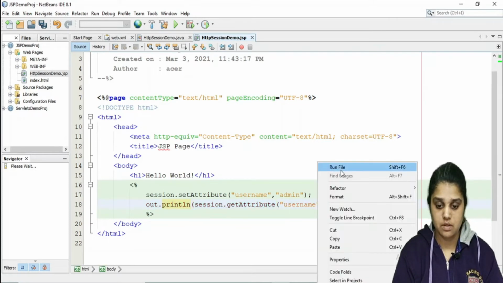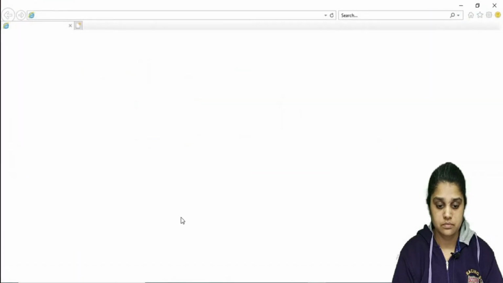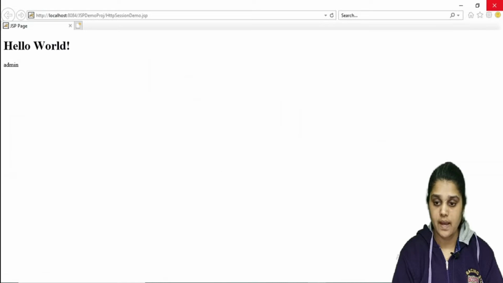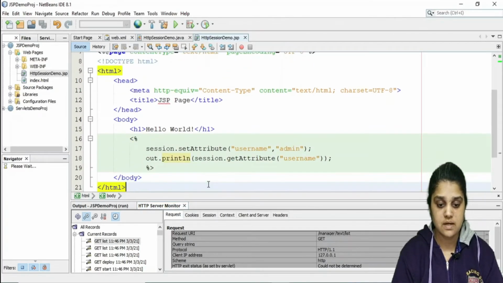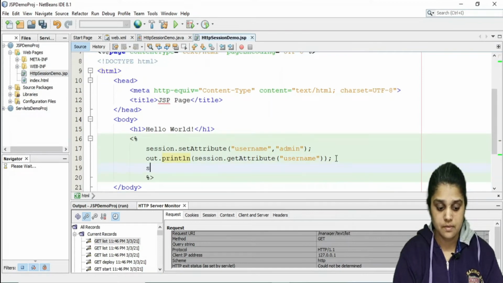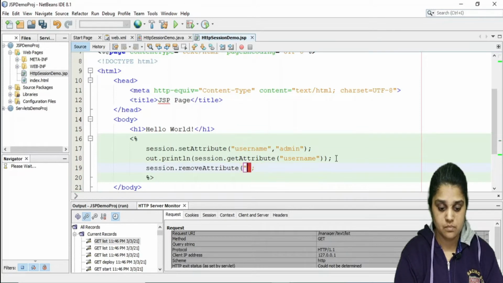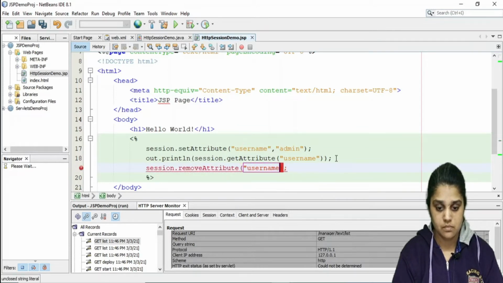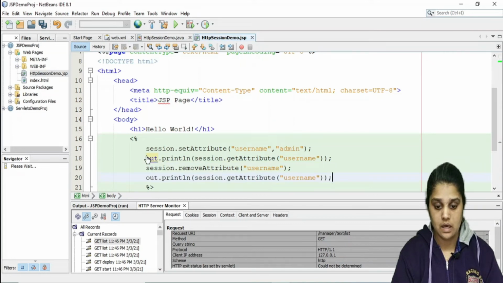Let me run this code. Okay, admin. Now I will try to remove this attribute, and I will try to access it again. It should give me null.